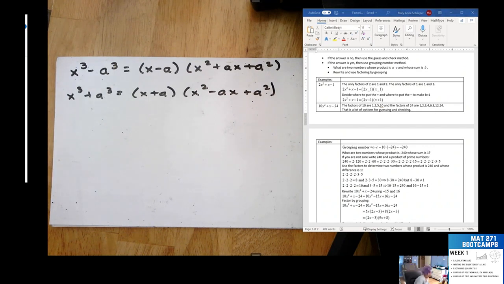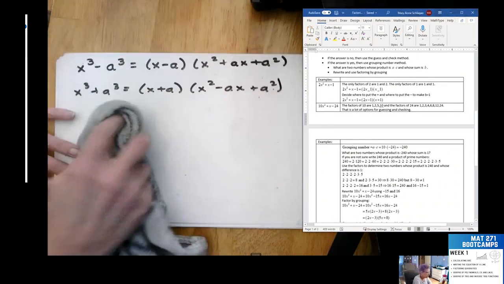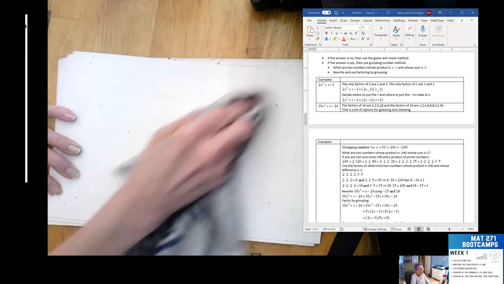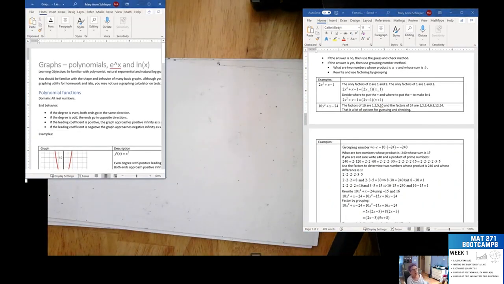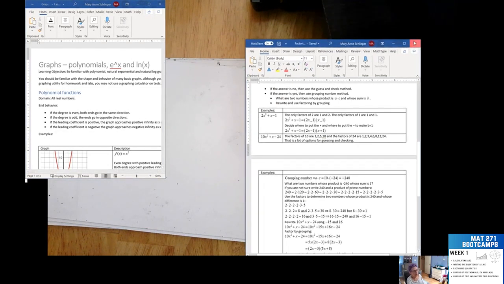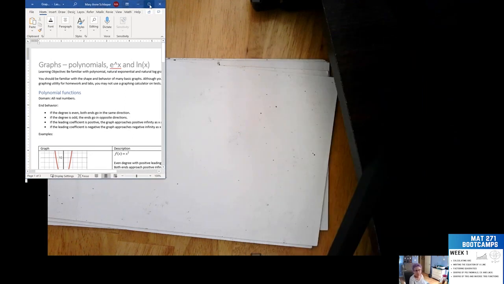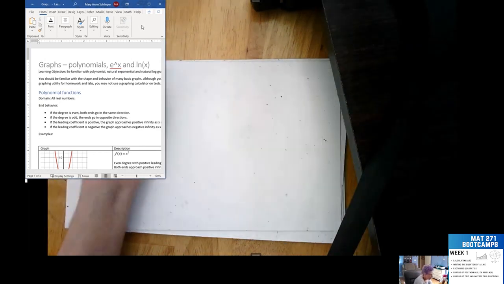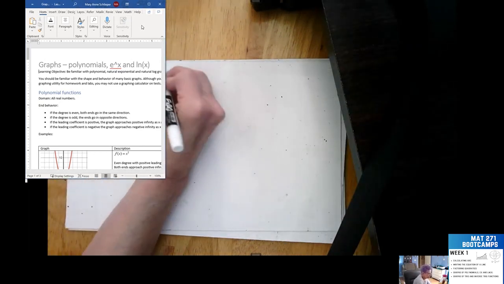Okay, let's look at some polynomial functions. Now, I'm sure that you learned to graph polynomial functions back in pre-calculus. If you took 171 here at Wake Tech, then I know you did, because I've taught 171 a lot. I know what you learned in there. So the important thing about polynomials is if the degree of the polynomial is even,